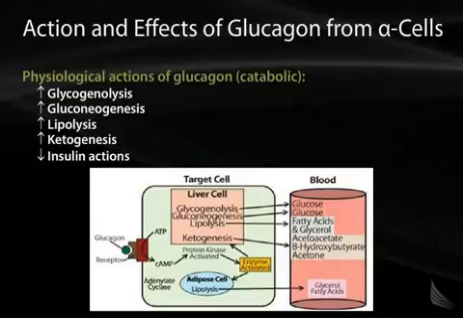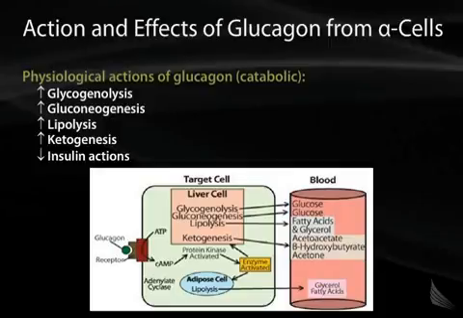As I said, the counter-regulatory hormone is glucagon. Glucagon, unlike insulin, does exactly the opposite. It works by activating the G protein coupled receptor, the Gs subunit, to activate cAMP. So it has a very different mechanism of action than insulin. Again, remember, insulin binds to the insulin receptor with tyrosine kinase activity, whereas glucagon binds to a G protein coupled receptor